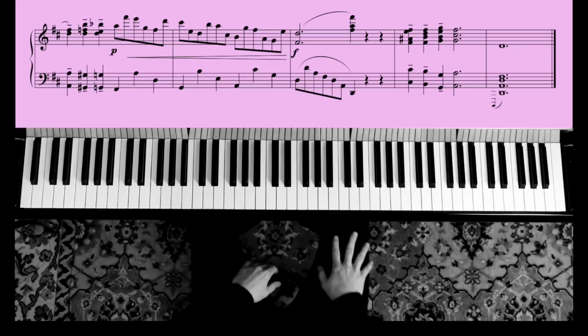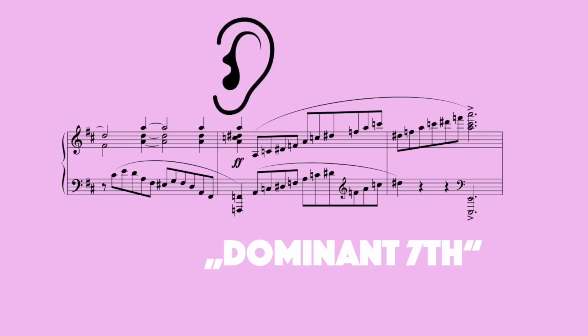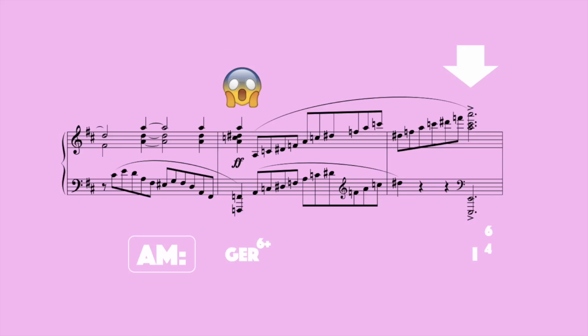I'm trying to give you a quick rundown. I began the coda by settling D major as home key on a pedal point with a dominant tonic pendulum on top of it. Then, all of a sudden, I just throw in a chord that anyone listening probably would perceive as dominant 7th chord, but as you can see on the paper, it is a German 6th chord related to A minor.